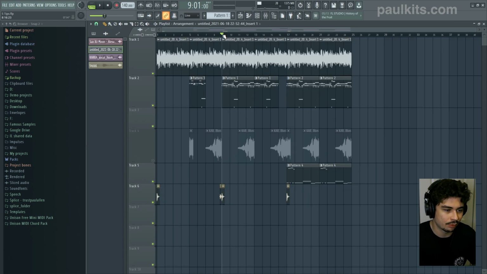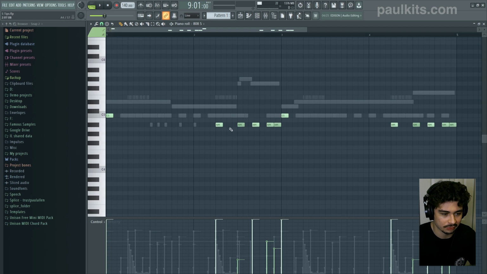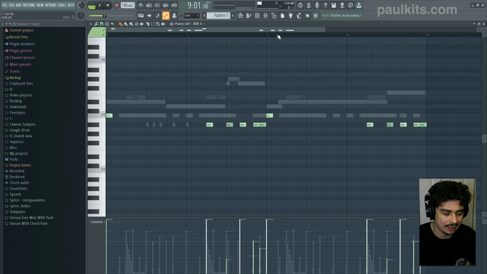All right, so the next tip that I want to talk about is something that I kind of refer to in my own head as 808 ghost notes. So we're going to look at my 808 piano roll, which is right here. And we have an interesting beat going on because, as you can see, some of our 808 notes are a lower velocity than others, right? If you put a second 808 down somewhere like here, and you bring the velocity all the way down to 0,